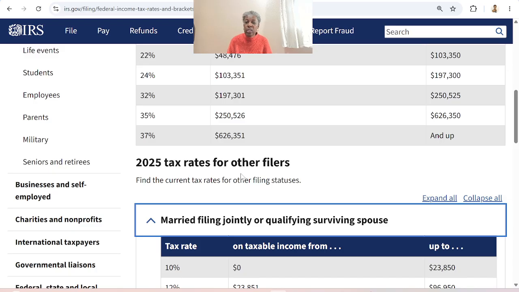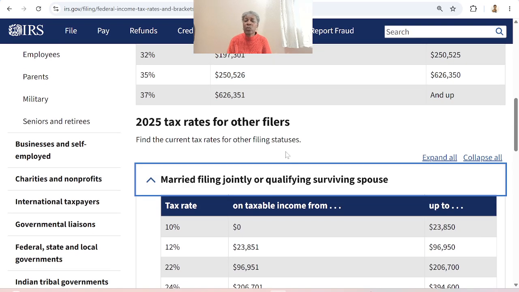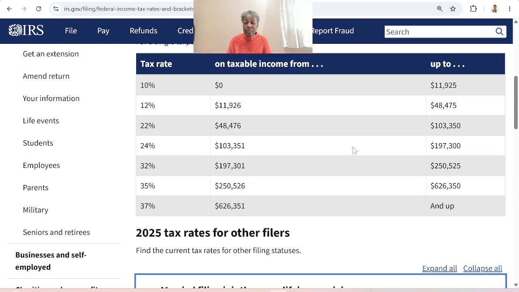You will search the same thing for your state to find the rate to apply for your state as well,